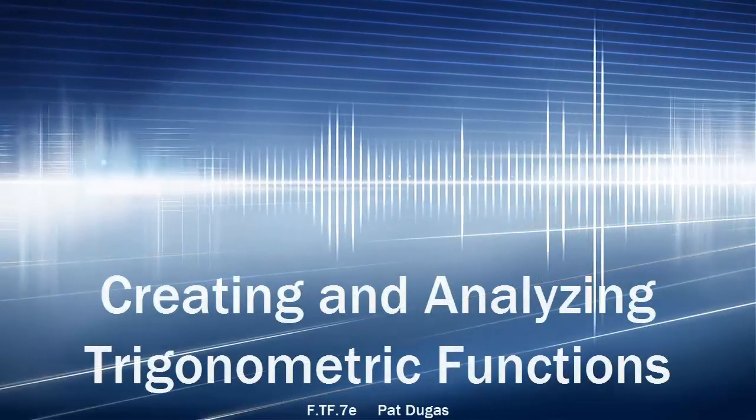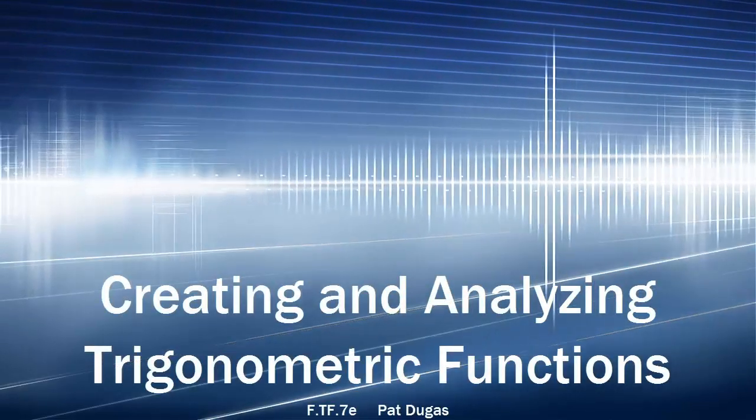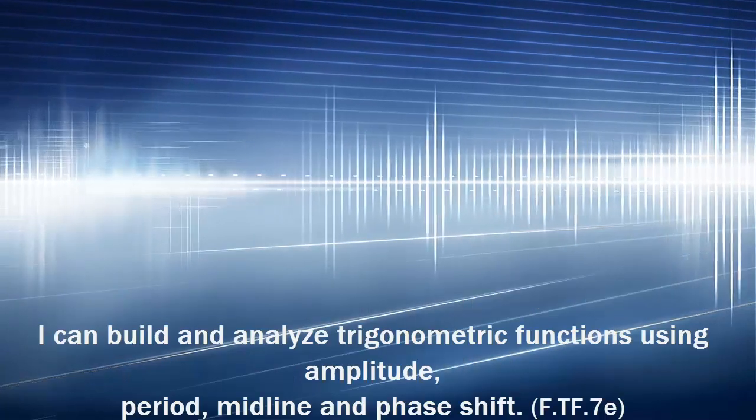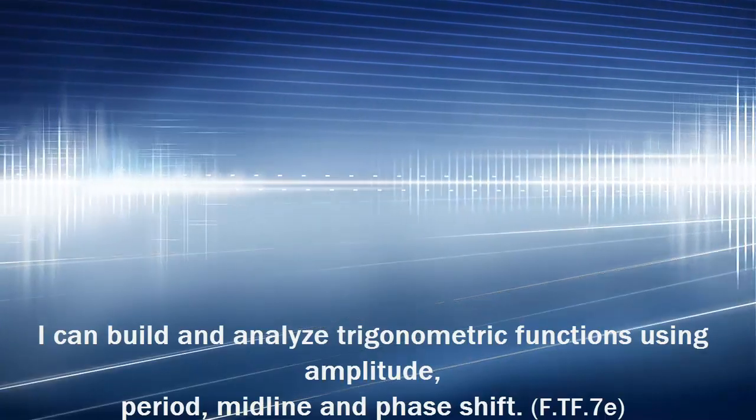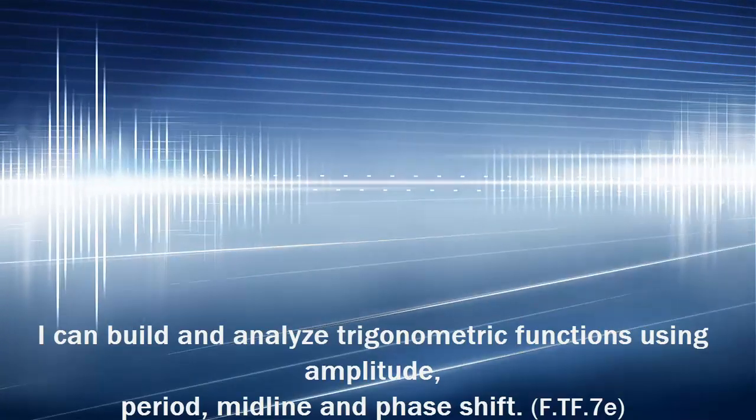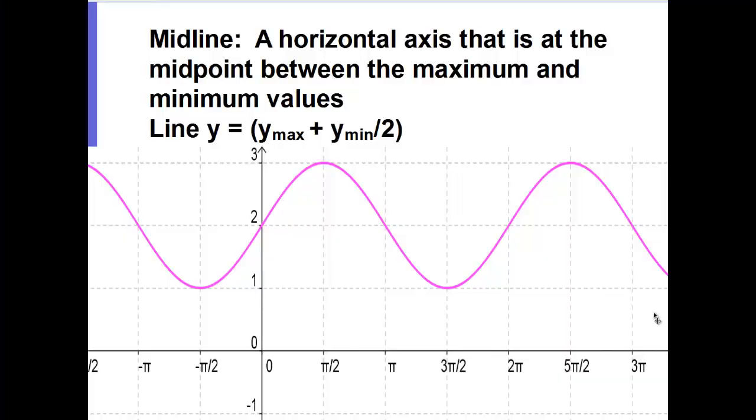Let's look in detail at trigonometric functions and learn how to analyze them by looking at their amplitude, period, midline, and phase shift, and building trigonometric graphs. We'll start with the midline. The midline is a horizontal axis that is the midpoint between the maximum and the minimum values on the trig